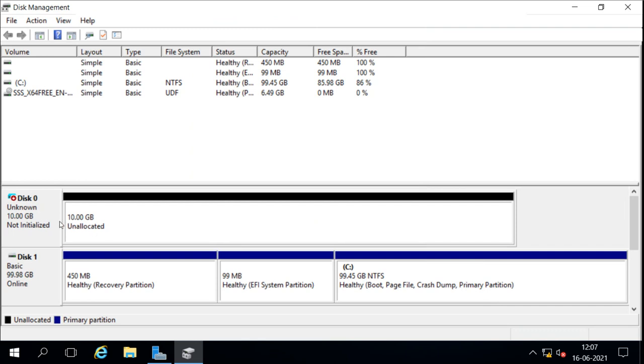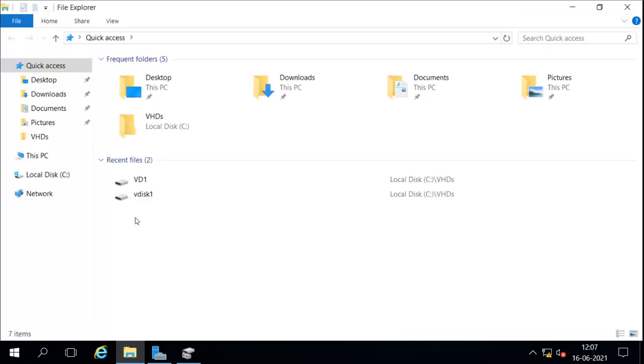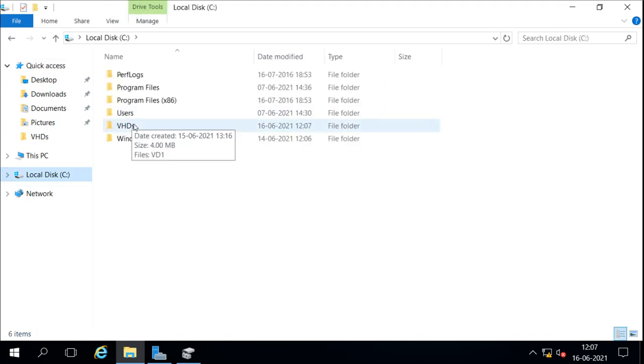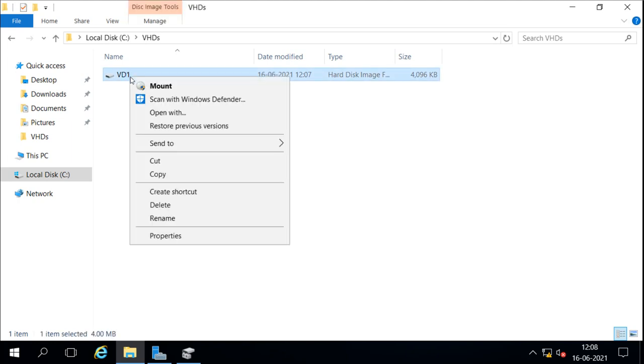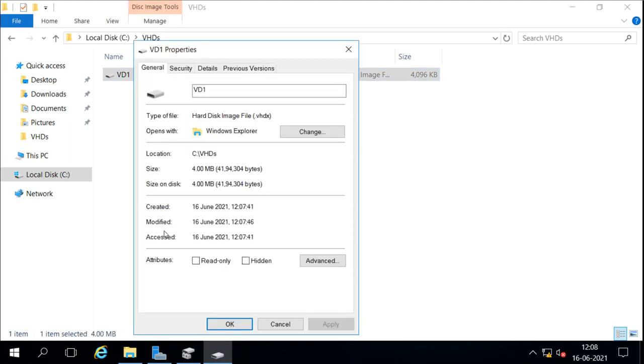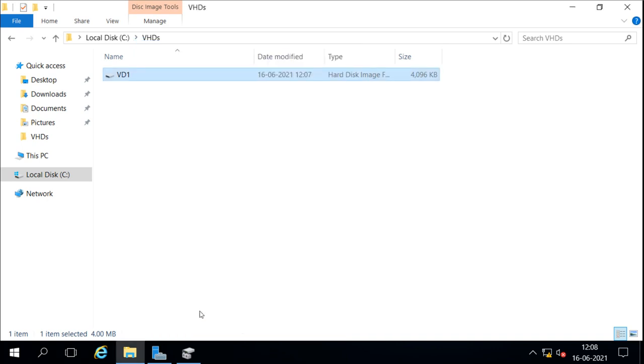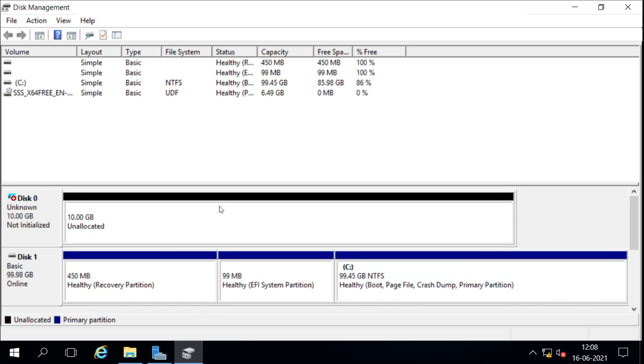Now as I create, I can see that here the 10 GB hard disk is showing, and it is also created there. We can check this. It is under the C drive, in this folder we have this VD1, and right now, if we go to the properties, we can see the size. The type is VHDX, and the size is right now only 4 MB. It is not taking the whole 10 GB because we have selected dynamically expanding. Now we can use this disk as a real hard disk, but it is actually a virtual hard disk.